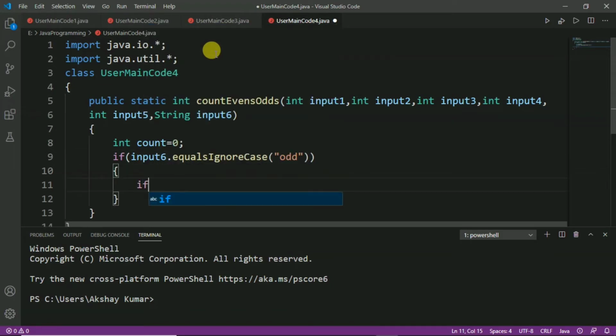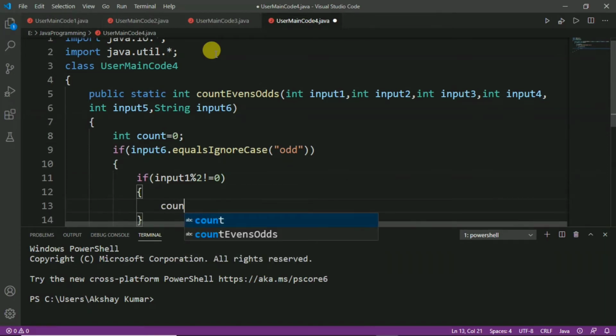After that we will write the condition for odd numbers. So, we write input1 % 2 != 0, then we will increment the count, and we have to apply the same for all the first 5 input parameters.